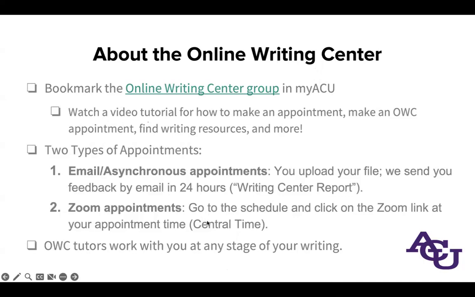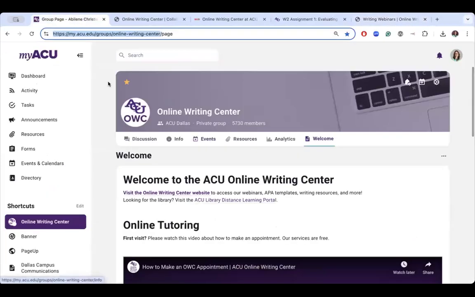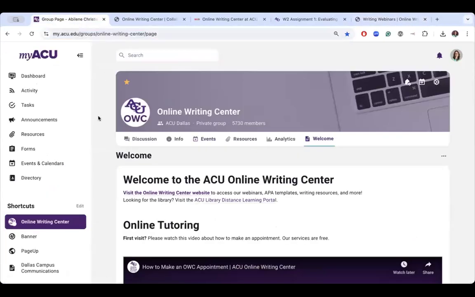We are going to this URL. So you might be familiar with My ACU. As you're getting used to everything, this is a new feature as of this term in My ACU called groups. And so the Writing Center has this group here,